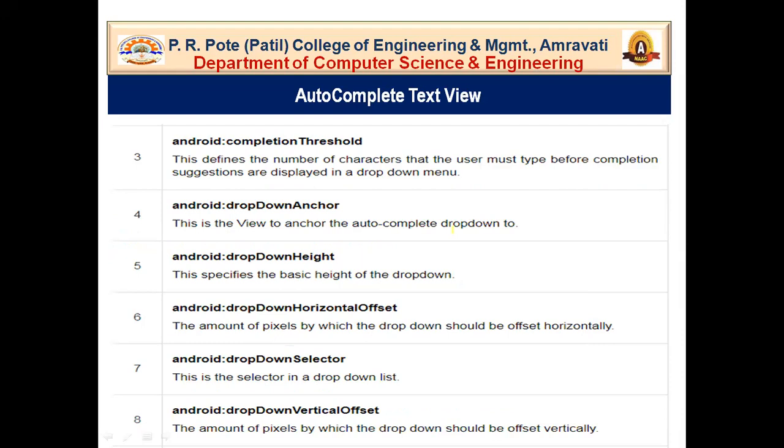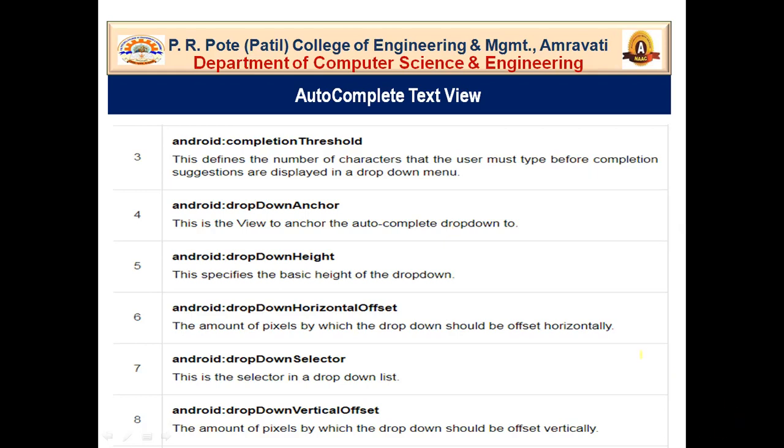This defines the number of characters that the user must type before the completion suggestions are displayed in a drop down menu. It means that when you type some number of characters, it is going to show suggestions in the drop down menu.